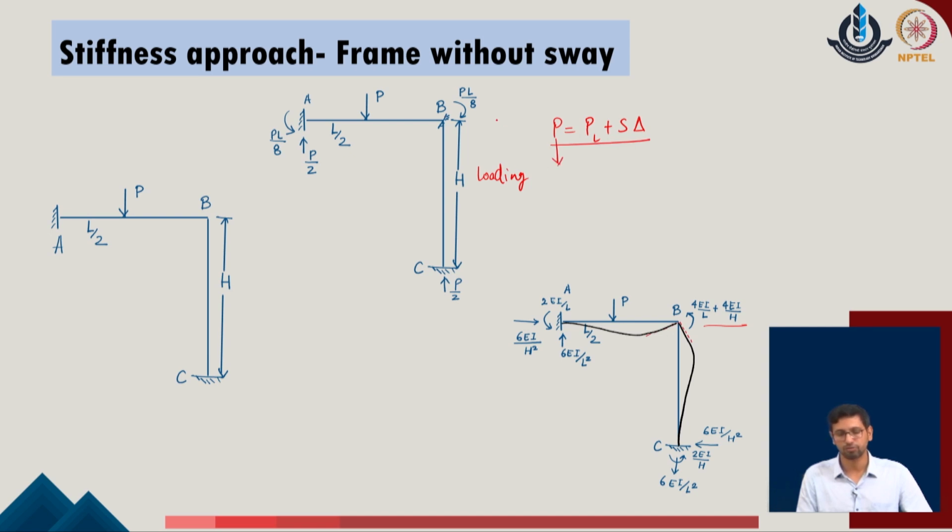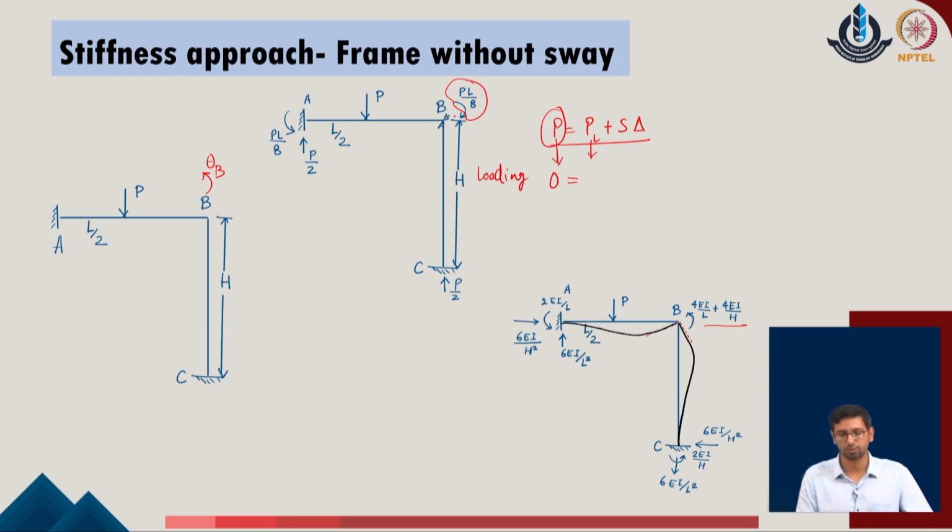P is the amount of force in the direction of the given degree of freedom. The degree of freedom we have defined over here is theta B. The force which we have defined over here is PL upon 8 as per the loading condition. So, we define this value as PL. The P value, which is the net equilibrium condition of the joint, as there is no moment active directly at this joint, is 0.